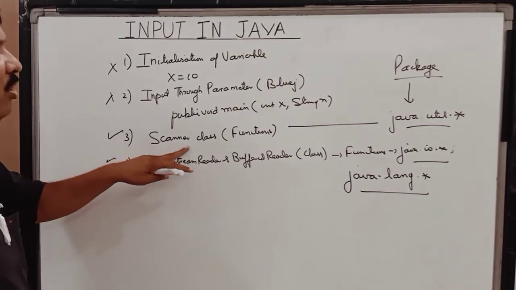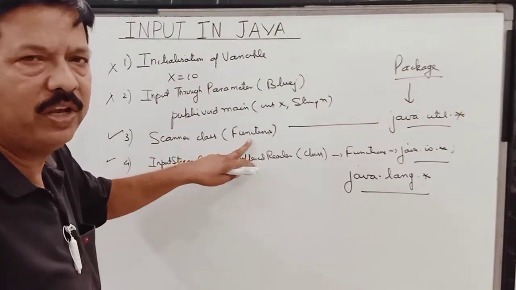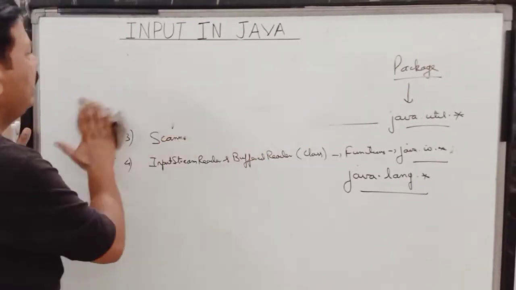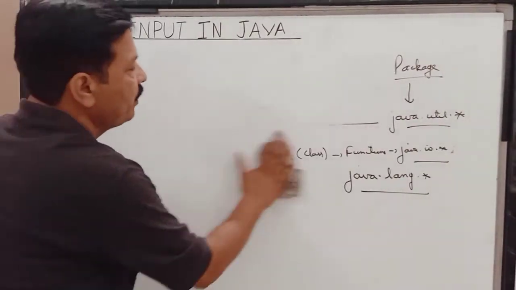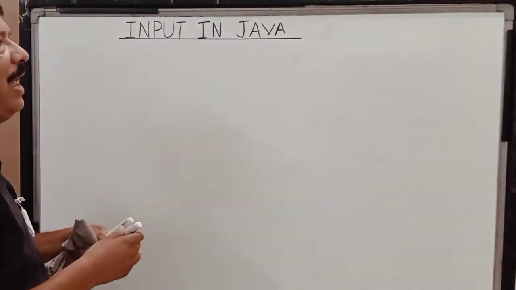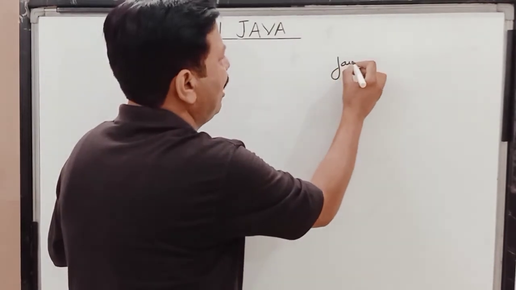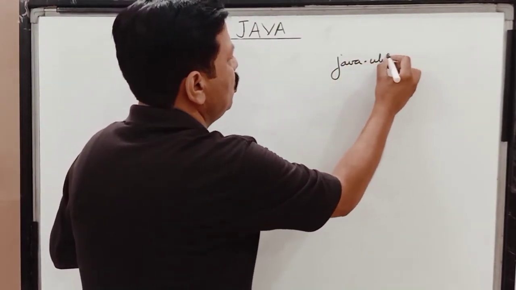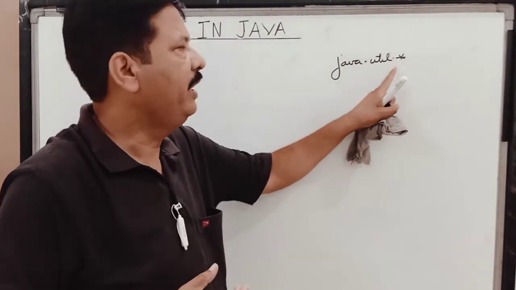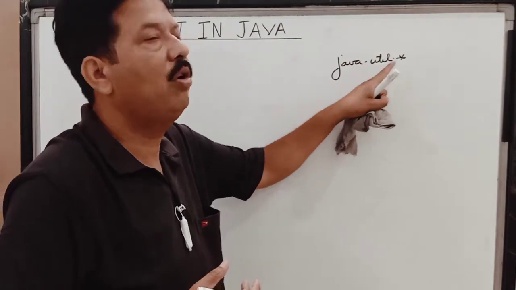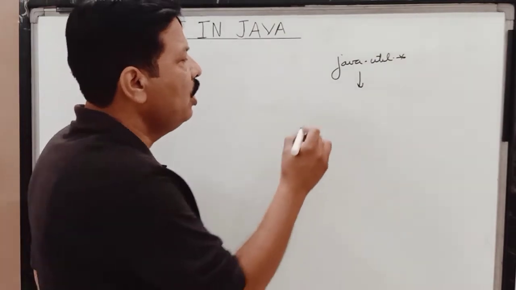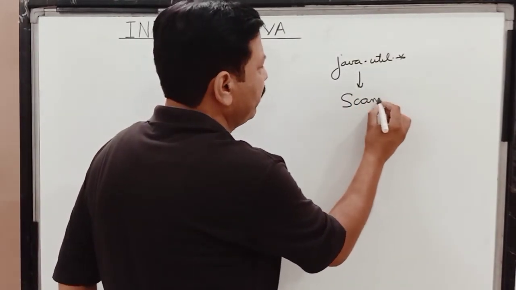Now we will be studying the Scanner class and all the functions through which we are entering values in the program. So children, first of all, I am telling you that in order to use the Scanner class, it is available to us in a package called java.util.*. Asterisk is a common name, here you can even see Scanner written. In some programs you might have seen java.util.Scanner. Now children, in this package we have got a class called Scanner.